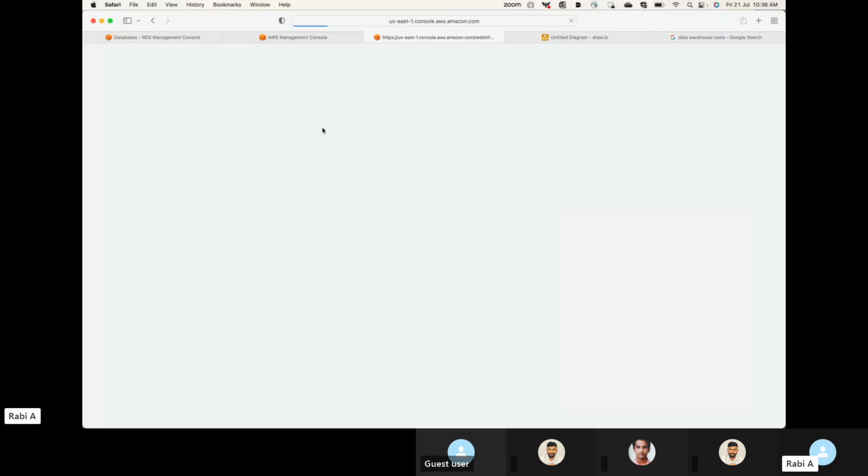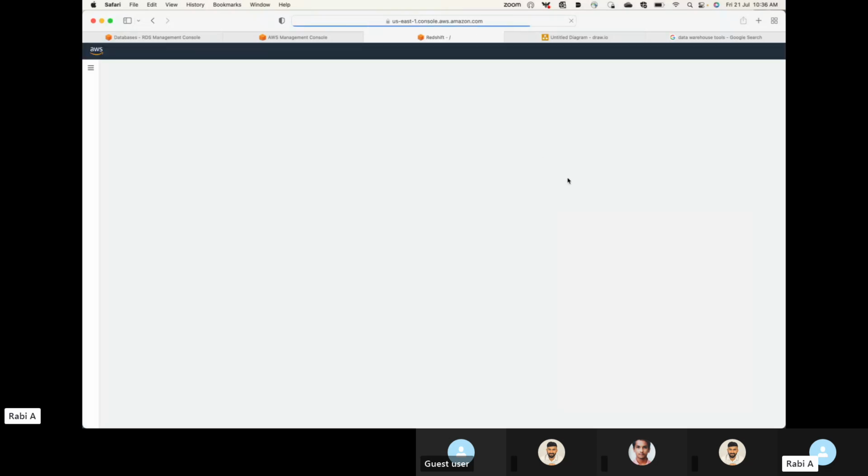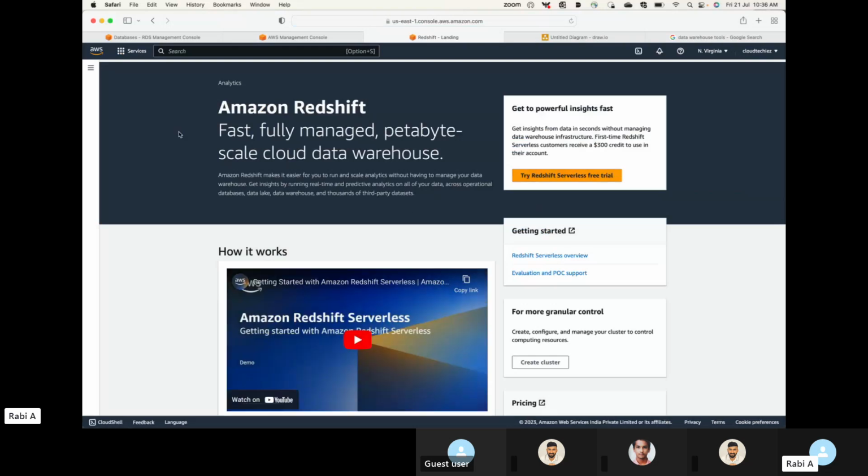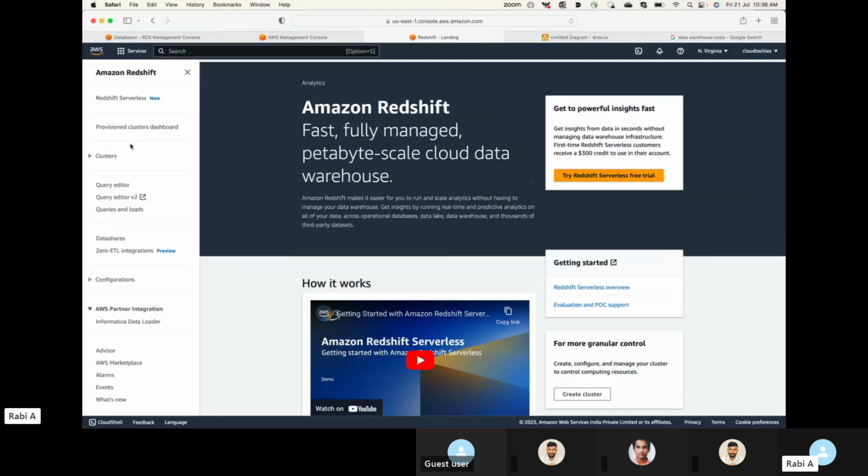You can get started with this. I won't be showing an example for this because it is chargeable. However, if you're interested, you have the serverless option as well. So here you can go with your